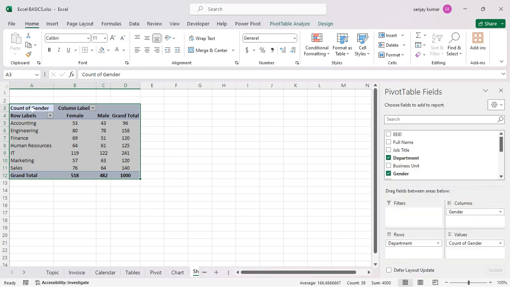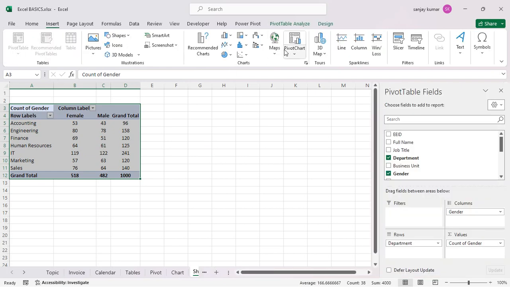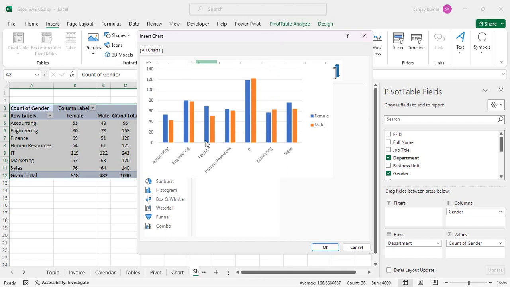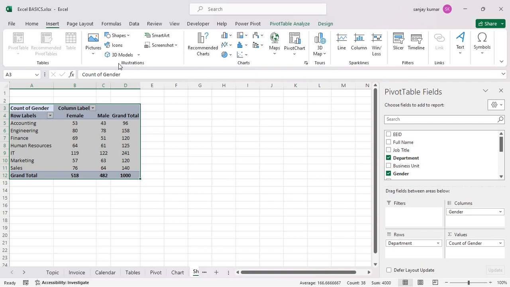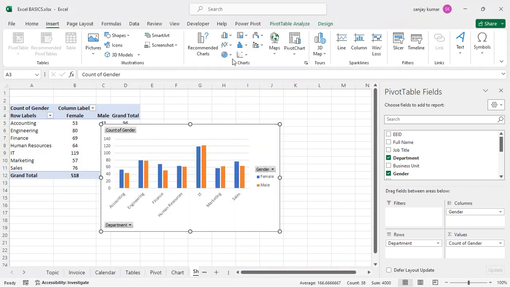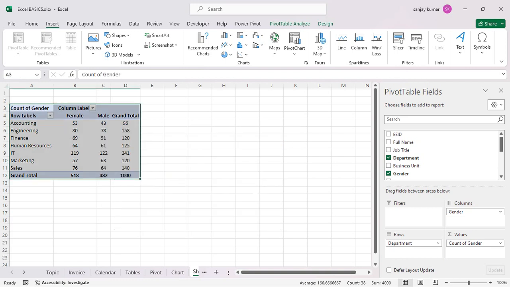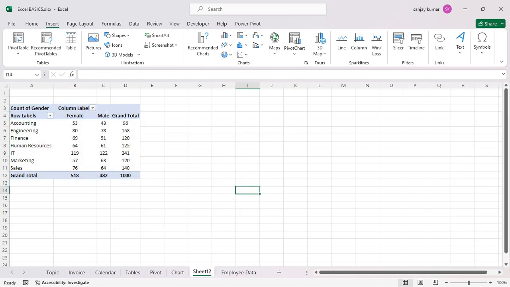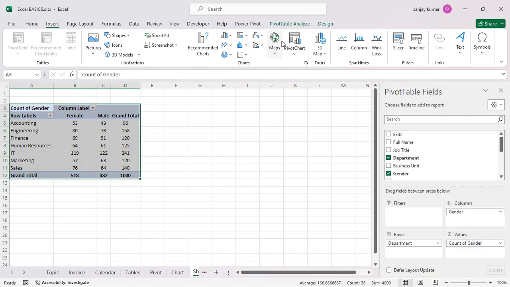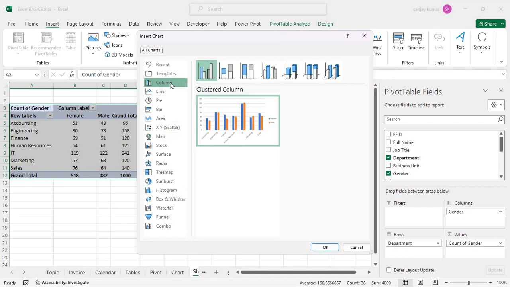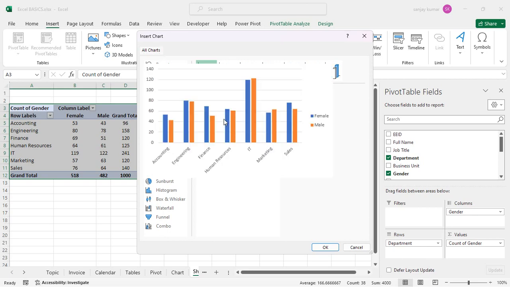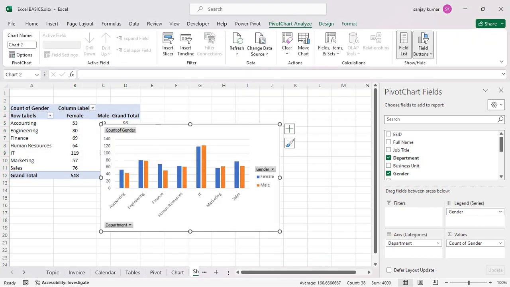So now if you want to add a pivot chart, simply you can create this pivot chart here. If you use a normal chart, this will also be created, but I'll tell you what the difference is between a normal chart and a pivot chart. So simply once you create this one, let's say use this chart example. Let me use this one. Okay, now